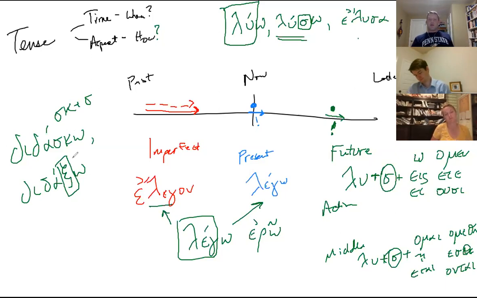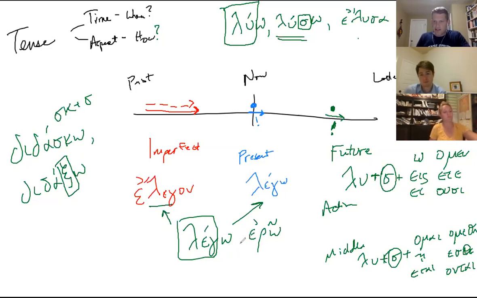And just like with the imperfect, where we had to learn augment vowel math, if we had an epsilon and we added that epsilon, that gave us an eta. Here, what we're going to see is consonant math, if I can put it that way. If I have, for example,